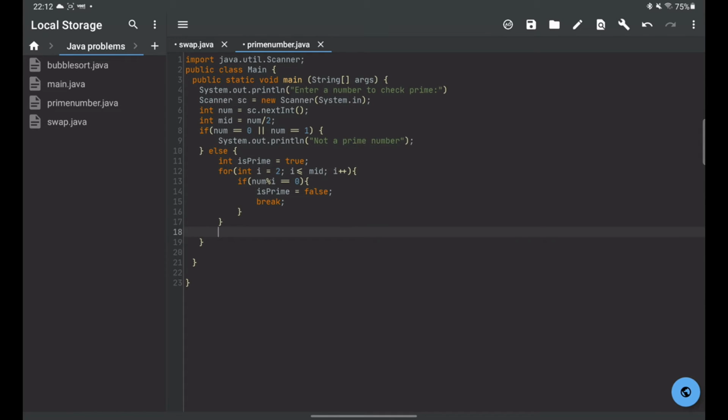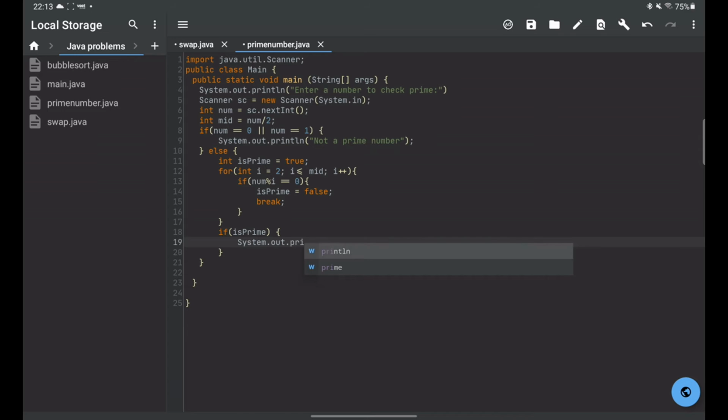Now after this loop, either the loop will break or it will run completely. If after this loop we see that isPrime is still true, then we'll tell the user that the number that you entered is a prime number.